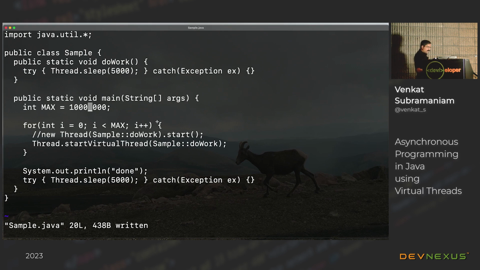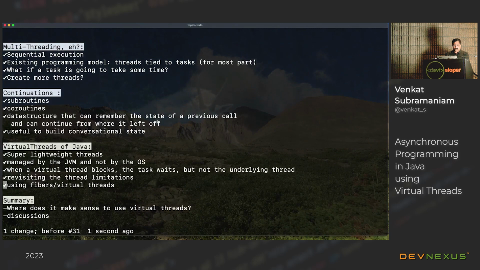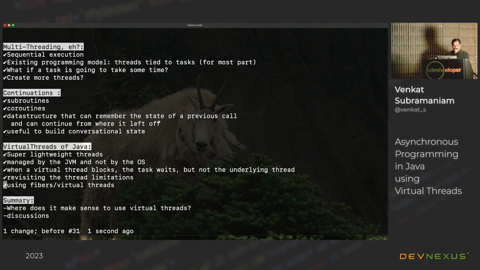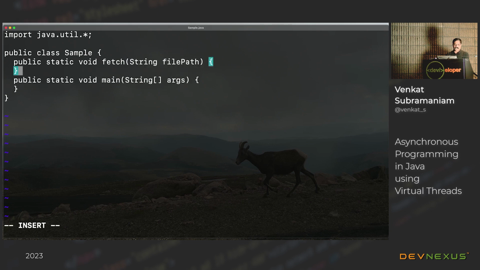That's truly non-blocking. Let's take the time to get a gist of how this non-blocking actually works. And then we'll think about what is the impact of this particular change, how significant it's going to be. So in that regard, let's think about an example to see how this would actually work. So let's say for a minute I have a fetch function. The fetch function takes a file path as an argument right now.